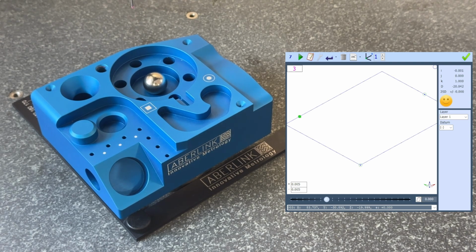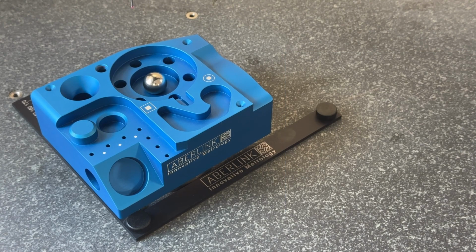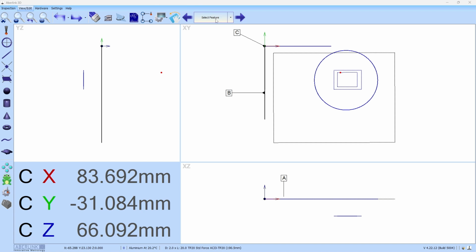So there we go, we have everything we need measured. So let's come out of the camera and look into the software now. So again, just to show you what would happen without using datum located features, if I right click on both